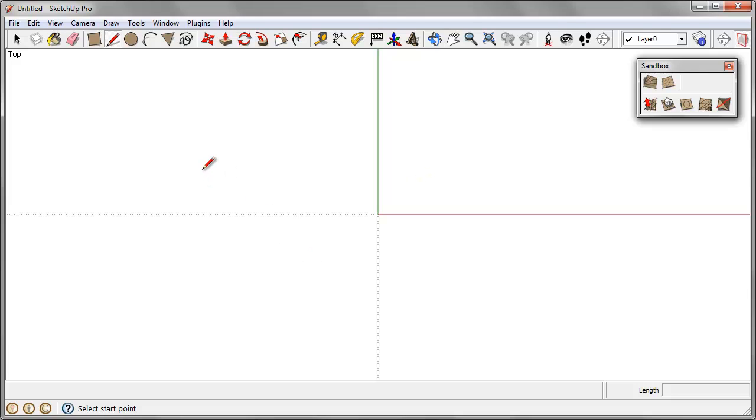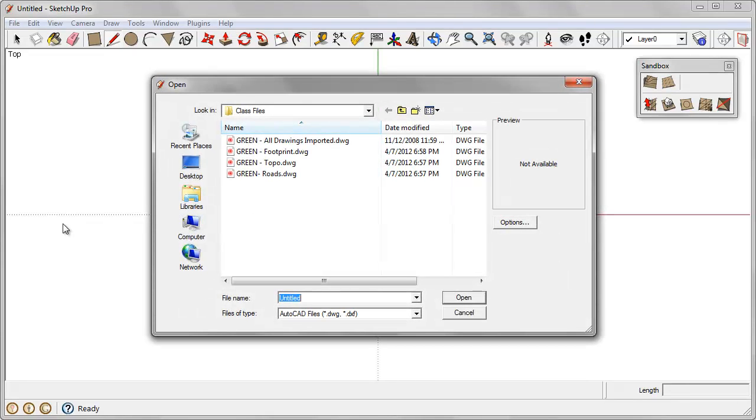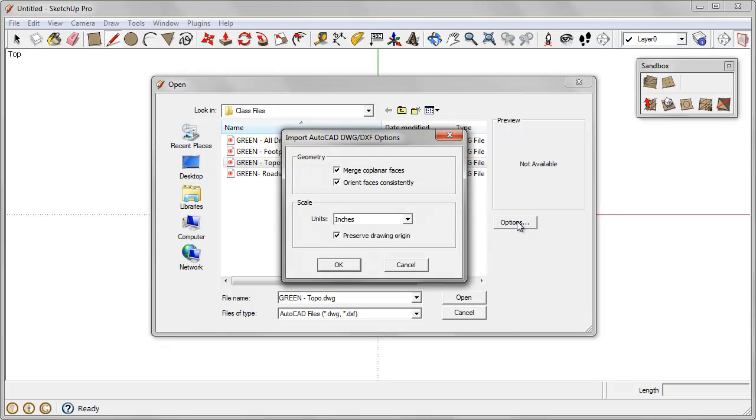So what we'll do first is import some of these CAD drawings. So we'll go to File and choose Import. And we want to pull in first our topo. So let's also take a look at our options. And when you click on options, notice we have our geometry. We can choose to merge coplanar faces, which is always a good idea, and also orient faces consistently. And that just puts all the fronts to the front and backs to the back, and if it actually works in a way that is useful to you, that's great,